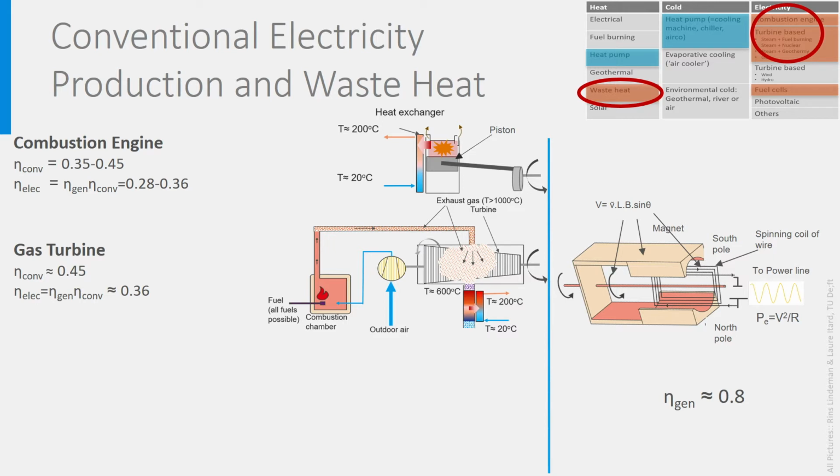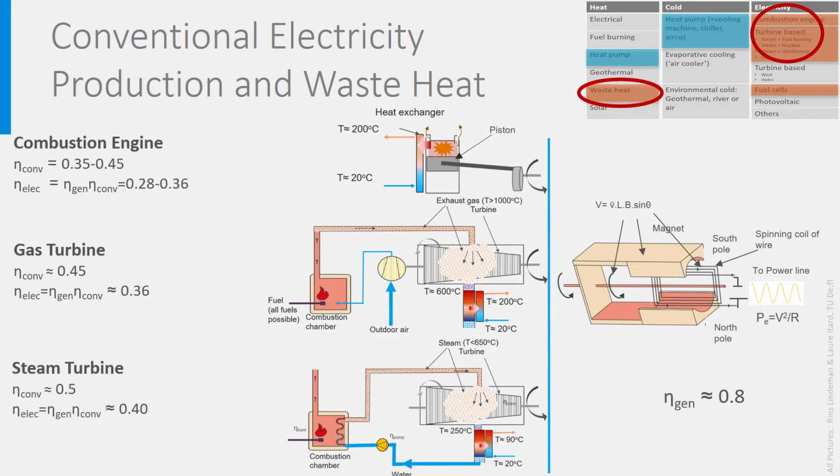Let's switch now to the steam turbine. It is quite similar to the gas turbine, except that this time not the exhaust combustion gases are circulated, but steam produced with the boiler. You see that there is a heat exchanger in the boiler in which water is circulated and heated to high pressure steam. After expansion in the turbine, the steam is further condensed in a heat exchanger and the obtained water is pumped again to the heat exchanger in the boiler. The heat delivered in the heat exchanger is either lost in outdoor air or may be used in other applications like district heating. Let's look at the efficiency now.